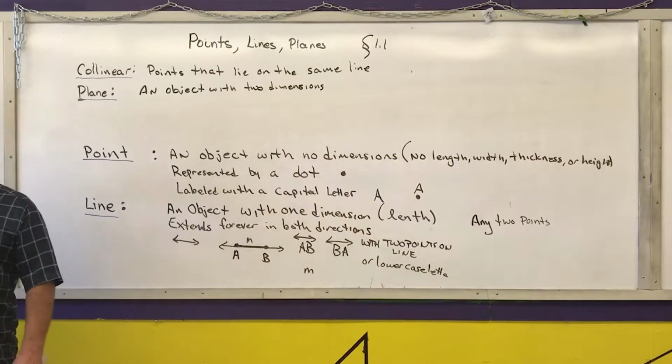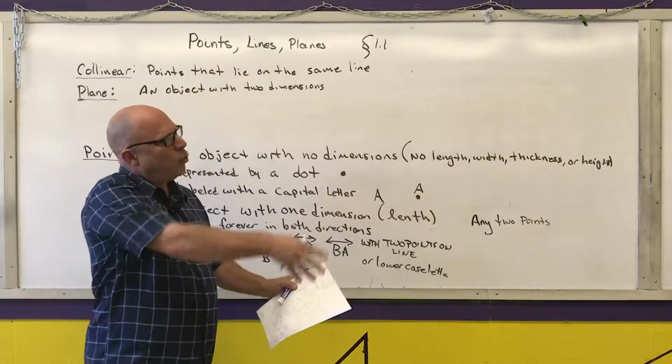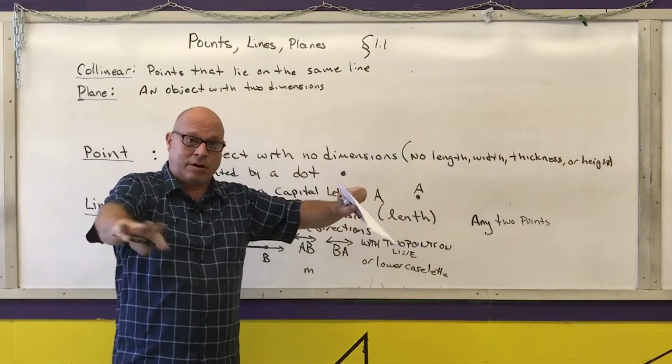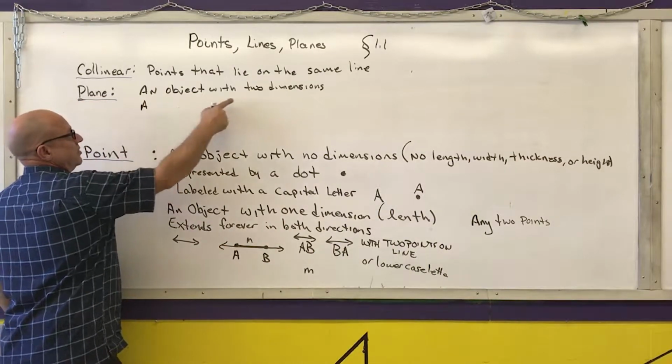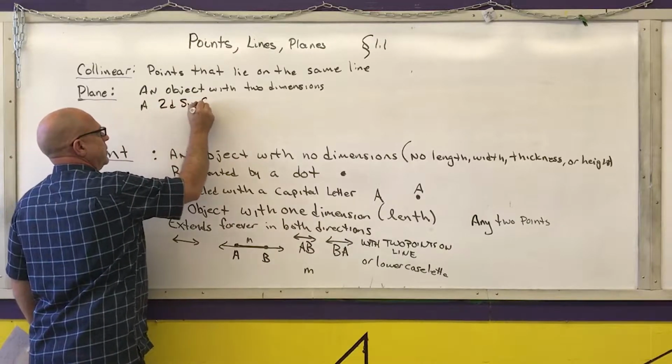What you can do is think of a plane as a flat surface that extends forever. For example, it can be like a wall that goes up forever, down forever, to the left forever, and to the right forever, or a floor. So a plane is a surface. It's a 2-dimensional surface. So I'm going to write 2D surface